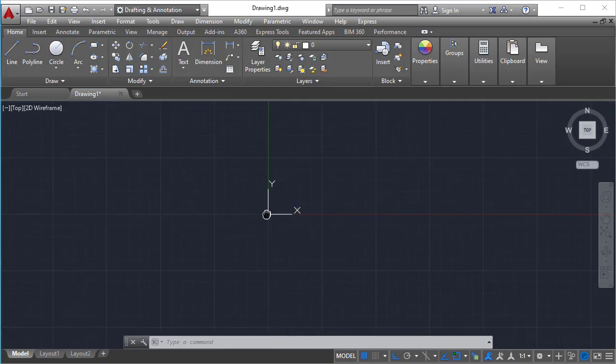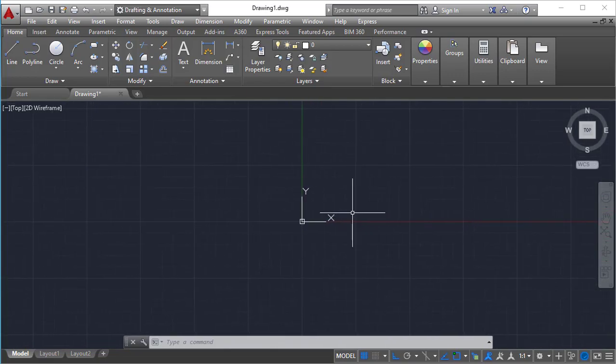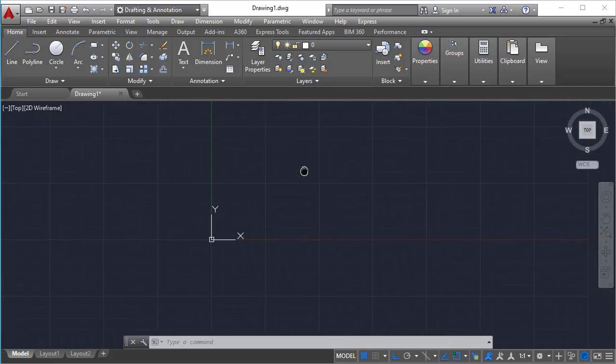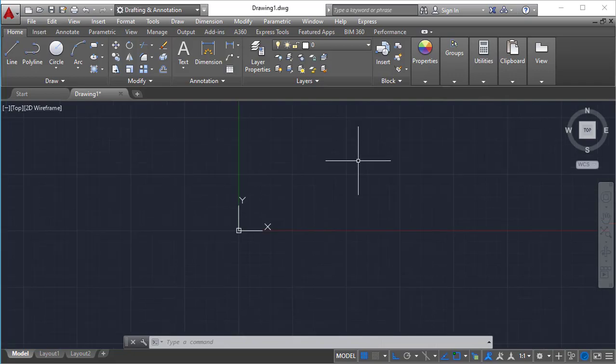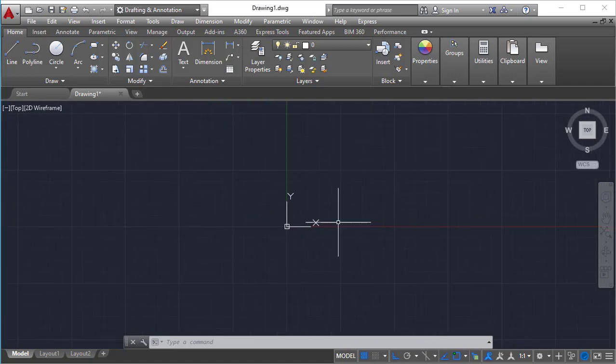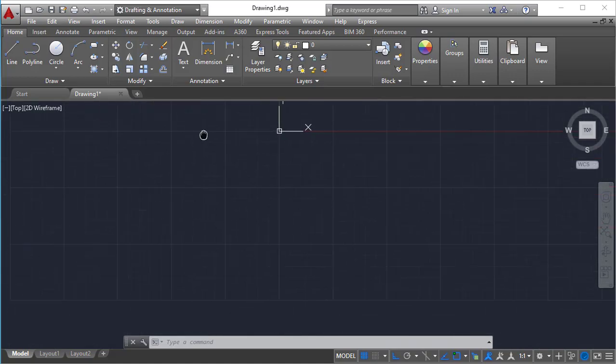Later, while moving around in AutoCAD, you need to remember three dialogues. I'm just dragging this window, like I'm just moving this paper. If you click on the mouse scroll wheel and hold it, it will show a hand kind of symbol. We call it pan, P-A-N. Panning means just dragging the window area.